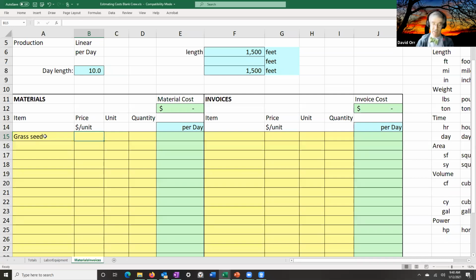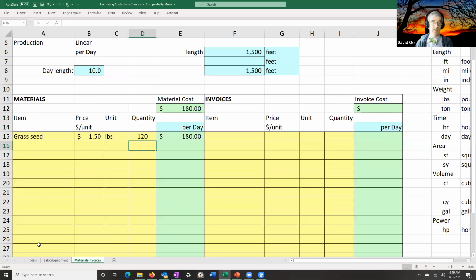Again, these are the kind of things you would calculate out. Going on the web and just looking, it's about $4 for a 5-pound bag. I know that's not a very good price. And if I'm going to do 1,000 feet of ditching, maybe I need about 100 pounds. Okay, so that's about $400 of grass for the whole day. I could probably get it a lot cheaper if I buy it in quantity, probably closer to about $1.50 if I buy a big barrel of it. But I might want to account for the fact that I lose a little wastage and stuff like that. So maybe I actually wind up estimating at about 120.